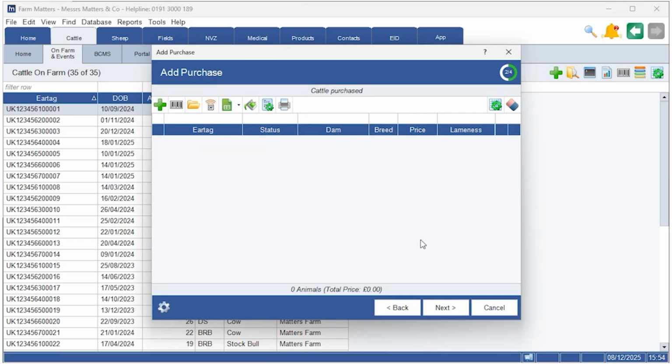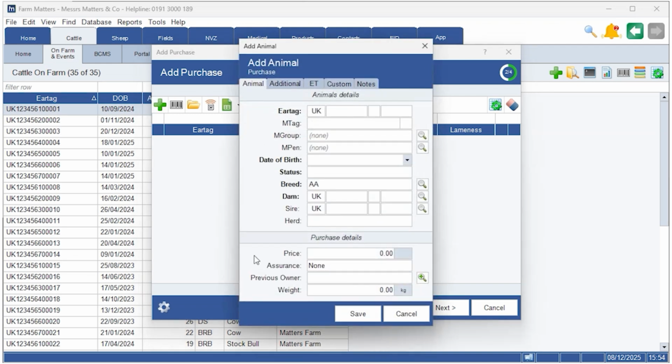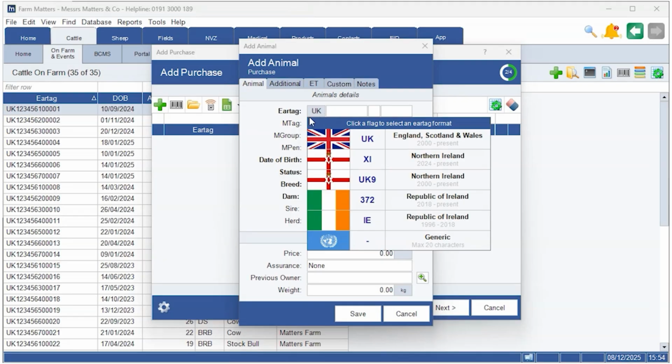You can then add an animal by using the green plus sign here, which brings us to this screen. This is where we can change the format of the Eartag number. If I click on the part of the Eartag number which says UK, you will see I'm then presented with a list of options that I can use. So, in this example, if I use the Northern Ireland